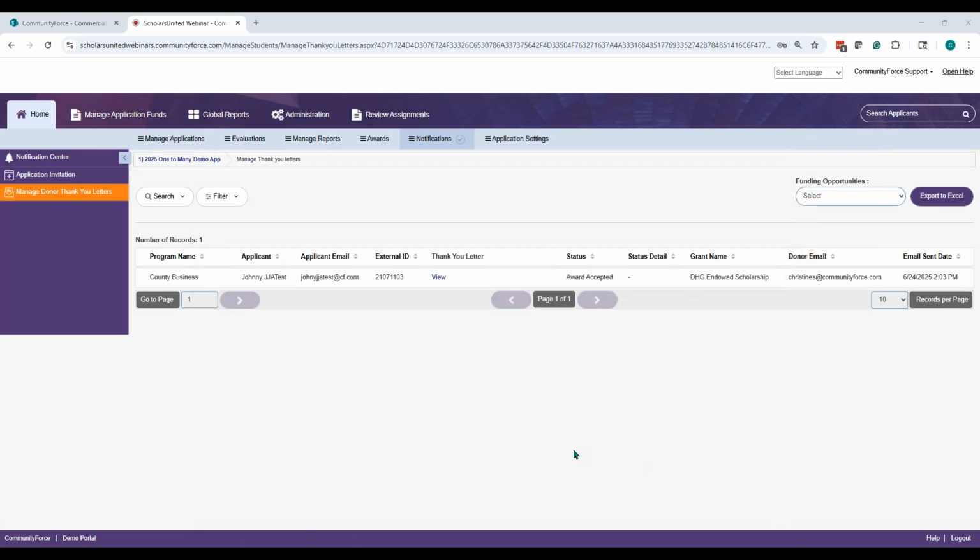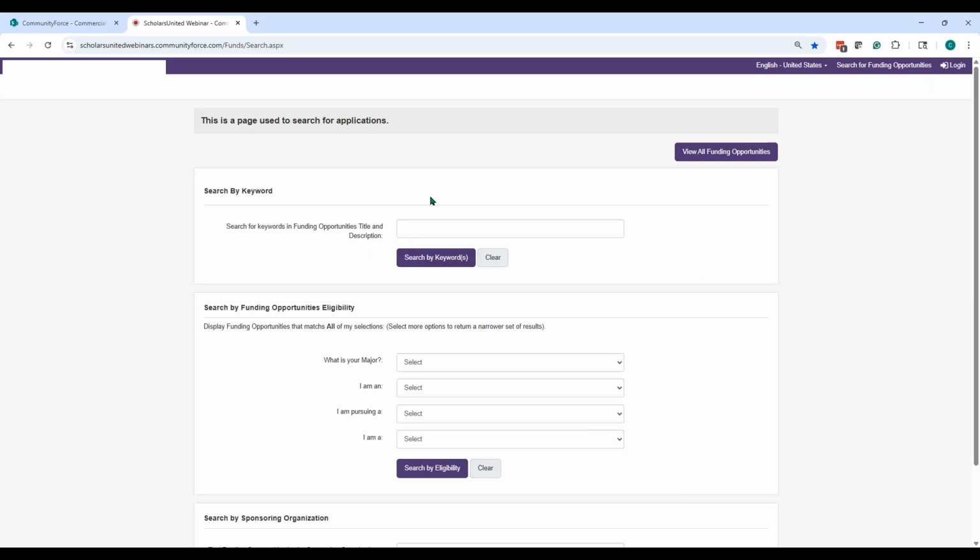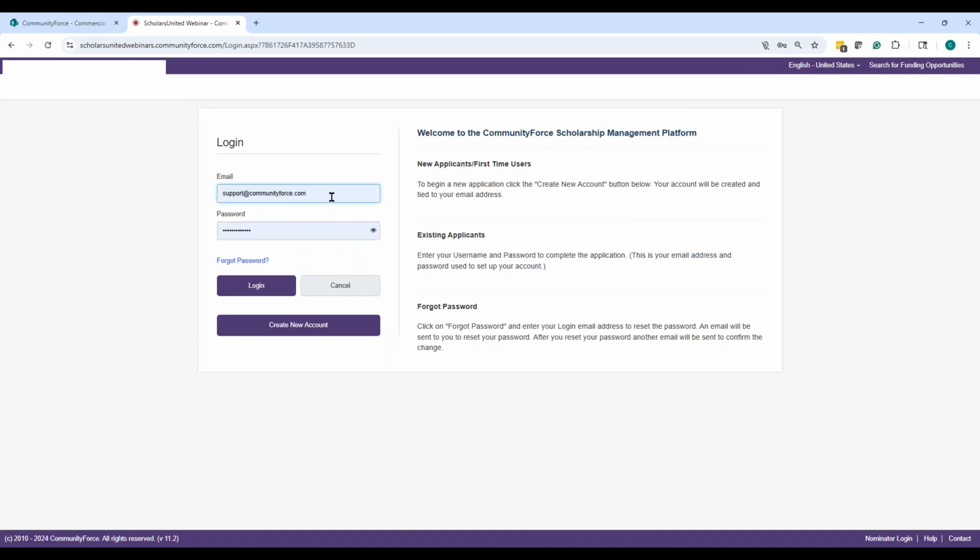Now I'm going to take a minute because I know you might want to say, how does this all look to the applicant? So I'm going to go in as that Amber and log in as her. I'm going to log out here. After I show you from the applicant's perspective, I'll turn it over to Maureen to answer the final questions that we had here. So I'm going to log in. Hopefully I remember the login here.